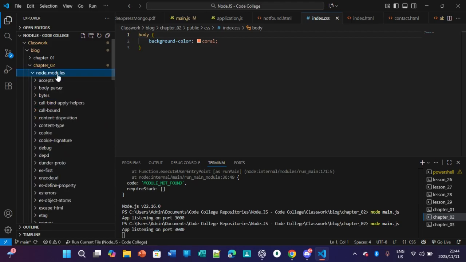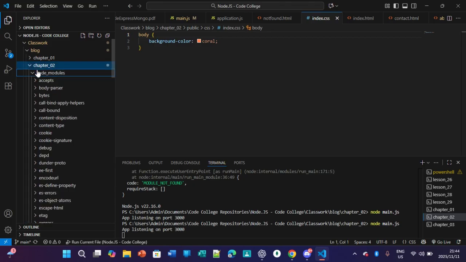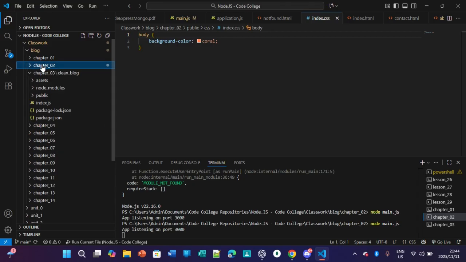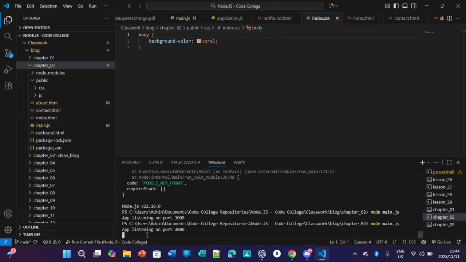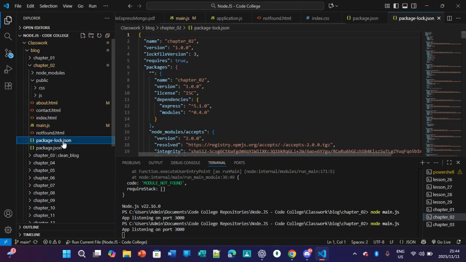And then npm init, like we went through before in chapter 1, pretty much all the stuff that we went through before. So npm init for dependencies, and then they get saved here. Then package.json for dependencies, all the modules that get stored there. So that's pretty much what happens.